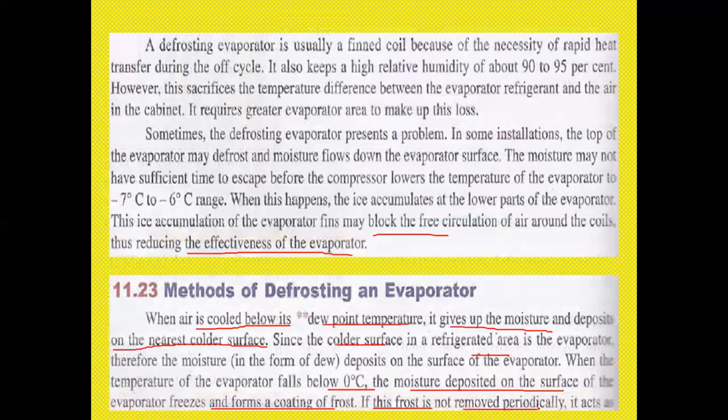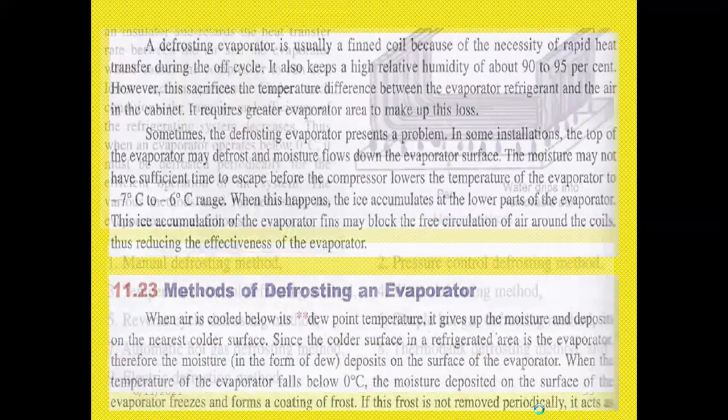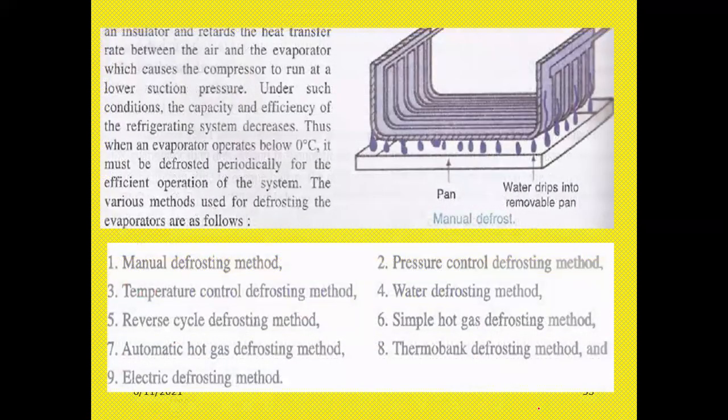So if this frost is not removed periodically, every week or five days, or once in a month, it forms an insulator and retards the heat transfer rate between the air and the evaporator, which causes the compressor to run at lower suction pressure. So when the compressor is running at lower suction pressure because the frost acts as an insulator, the load will become more. Under such conditions, the capacity and efficiency of